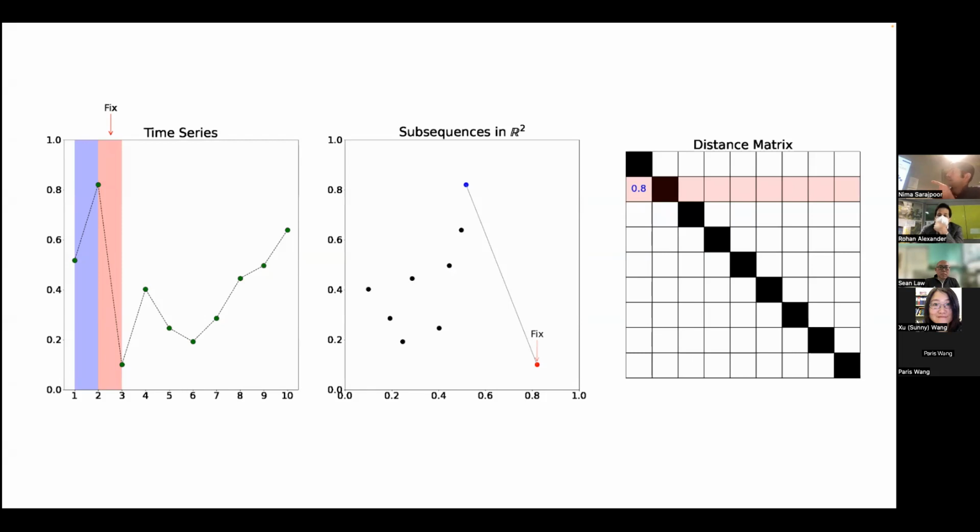So let's fix that red subsequence on the left, which is shown as a red single data point in our R2 space. And we are going to compute its distance to the blue window, to the blue subsequence. And we write that distance in the distance matrix. So you can see that the second row